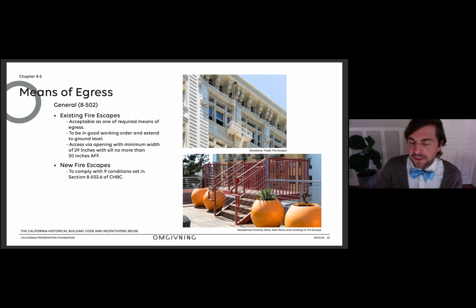So typically on the case study projects that we shared earlier, Broadway Trade and Broadway Lofts, since we're adding a new roof assembly to the roof, typically we need to provide 2 exits that are in the form of new rated and enclosed stairways. For smaller projects, this image on the lower right here is a residential amenity deck,